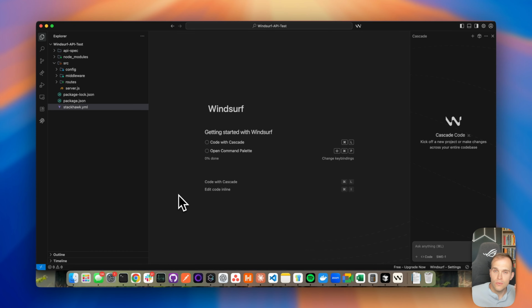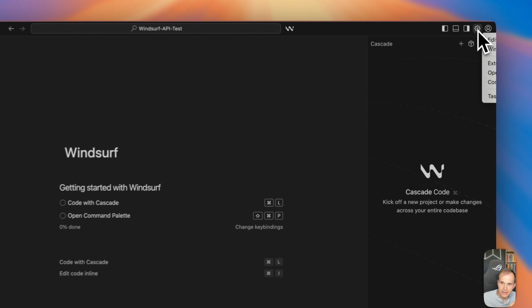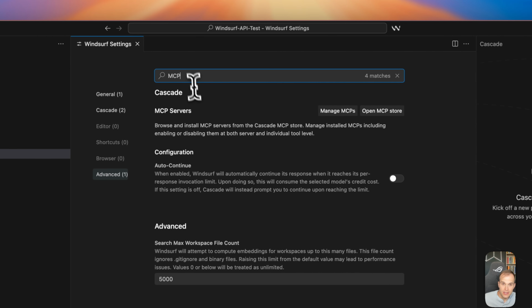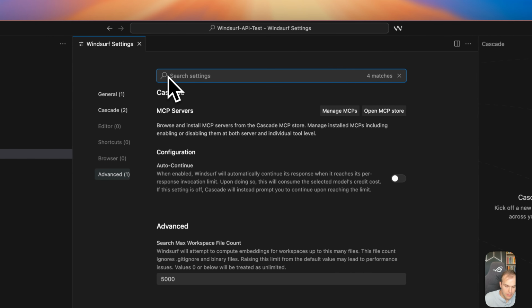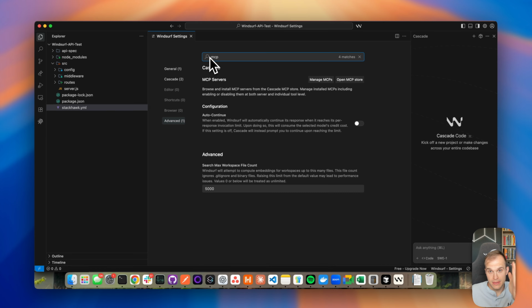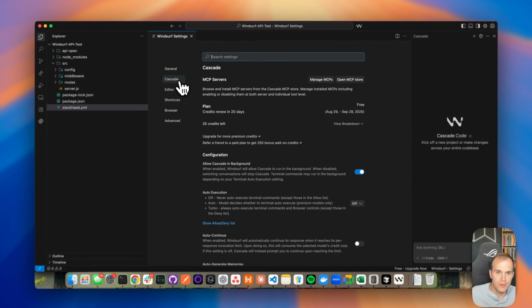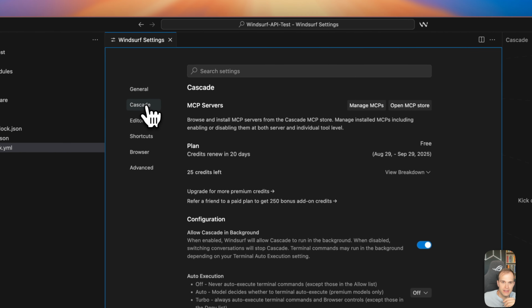To get started, we'll come into Windsurf, and the first thing that we're going to do is come up into the top right here, click Settings, then go to Windsurf Settings, and then you can either search MCP here at the top, and it'll bring up the MCP server's entry in Cascade, or you'll also be able to see it by clicking Cascade, and just underneath you'll see Manage MCPs. Currently right now, I don't have any MCP servers set up, so I'll click on View Raw Config, which will bring up my